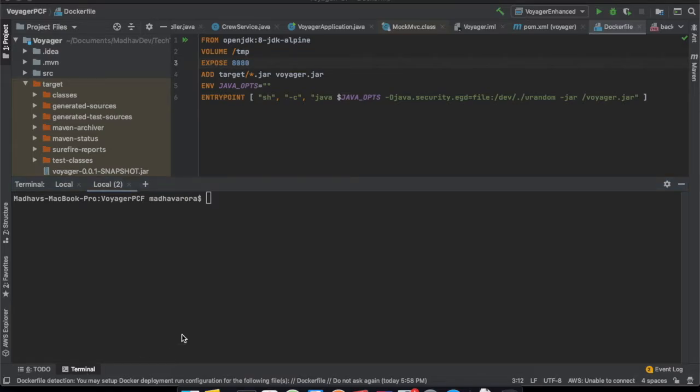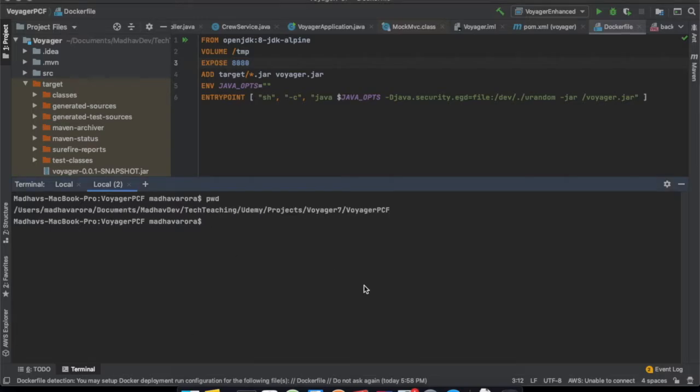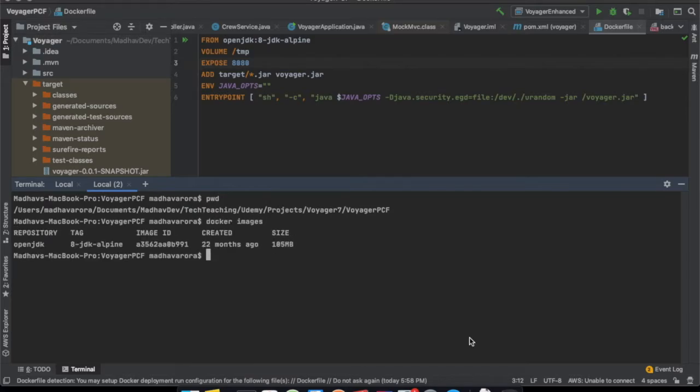In our terminal, we'll run a bunch of Docker related commands. Docker contains images and containers. I should have the option to look at all the images which are there. So I just type docker images, and it shows an OpenJDK image which was also visible in the Docker desktop view. So nothing new here. Then if I look at the containers, docker container ls,